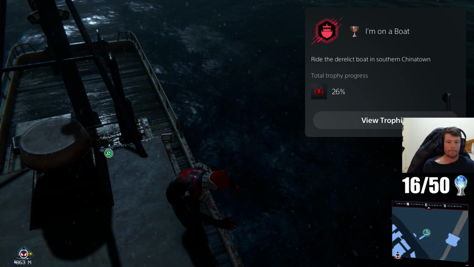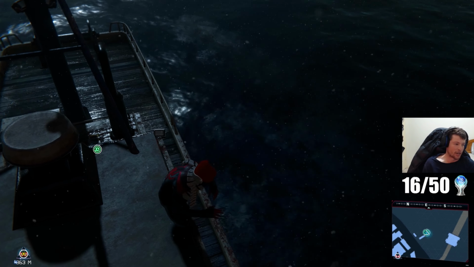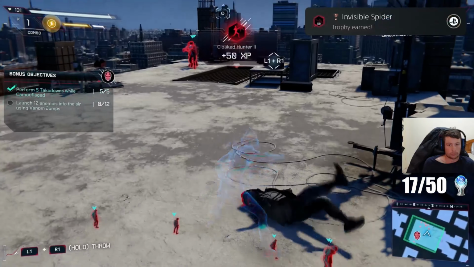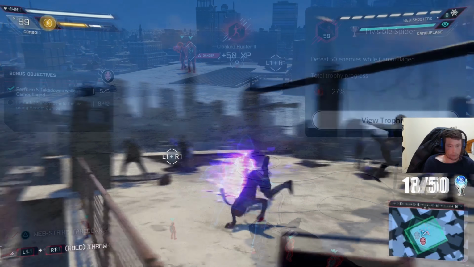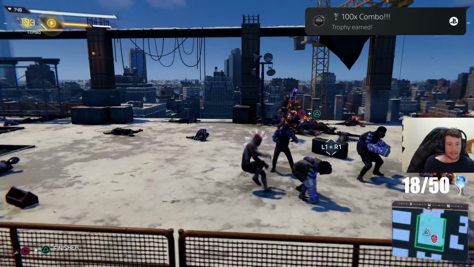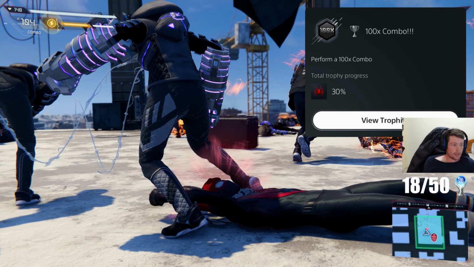I'm on a boat. Ride the derelict boat in southern Chinatown. Invisible Spider. Defeat 50 enemies while camouflaged. Yes, 100 times combo. Perform 100 times combo. I thought that...